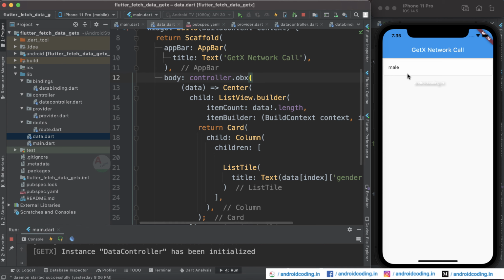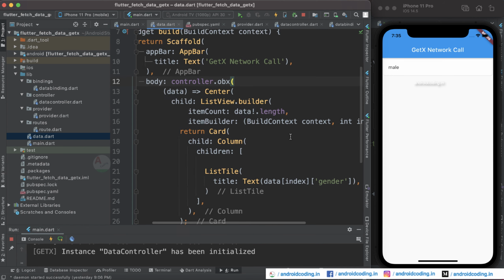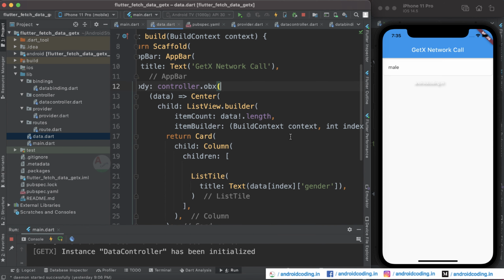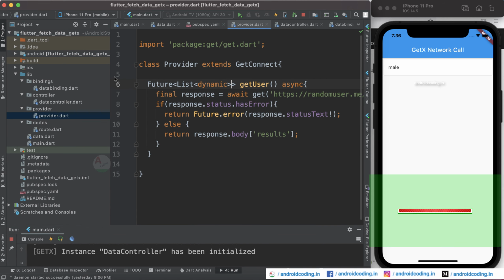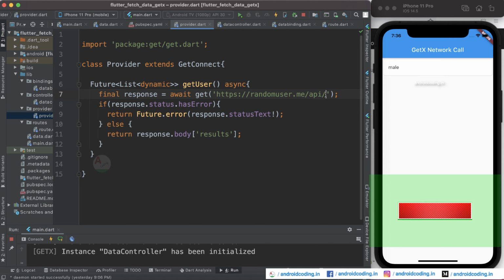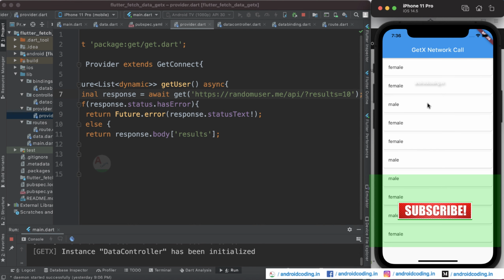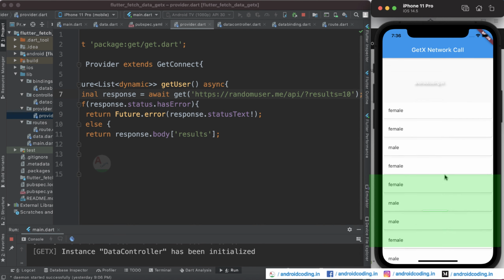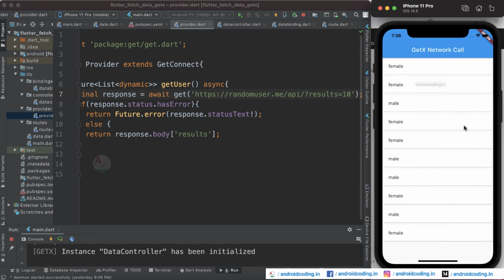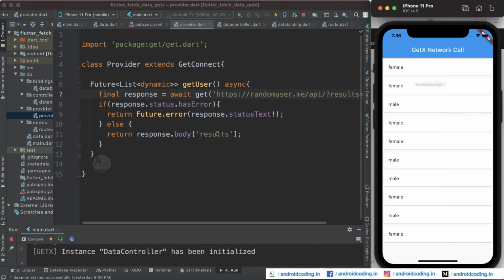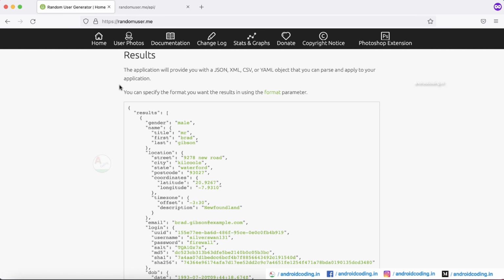So here you can see we have got a single item populated into the list view, and why? Because we have not specified. So here let's get ahead to the API once, and here you need to specify that we require at least 10 results. Try to run this code, and now here you can see we'll be getting a list of genders that is being populated to our list view. So why we have specified gender as the first parameter is because it doesn't have any nested data.